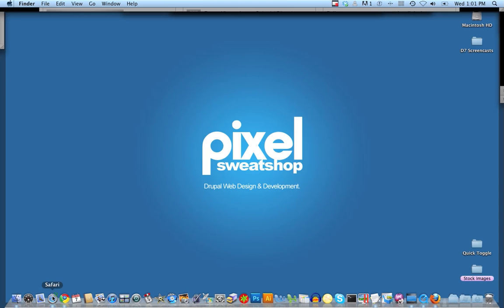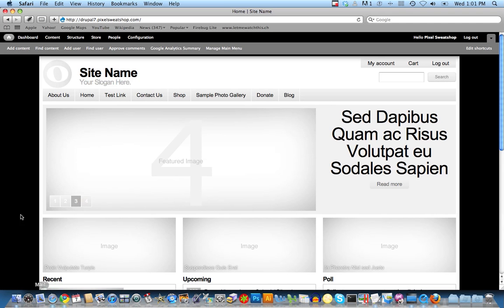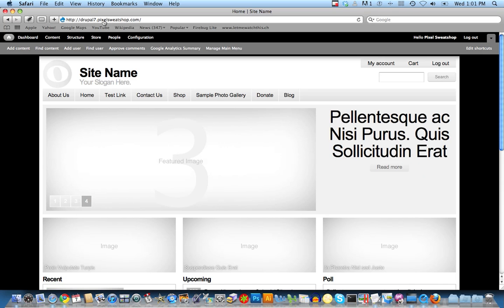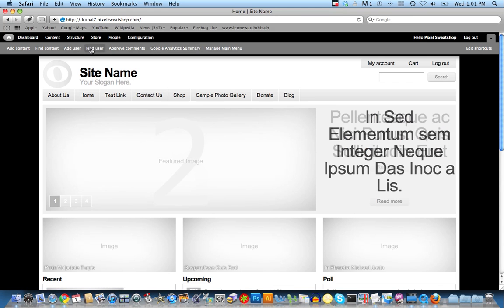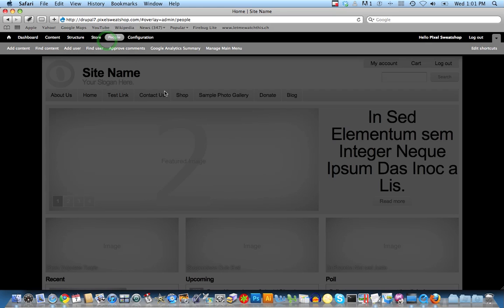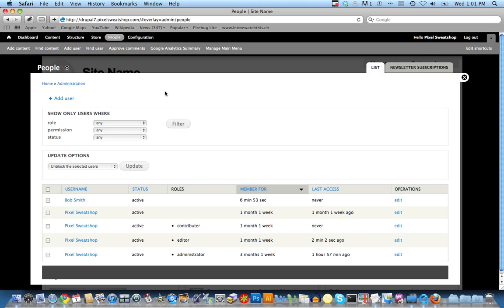All right, we're going to take a quick look at managing, adding, and creating users on your website. Under your quick links, or sorry, your shortcuts, you'll find add user and find user. You can also find it under people. So under people, we can see a list of all the individuals that have created accounts, or you've created accounts